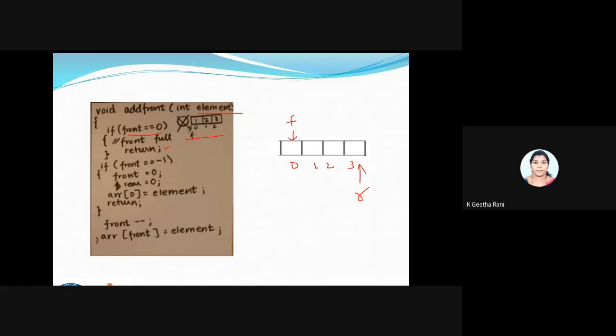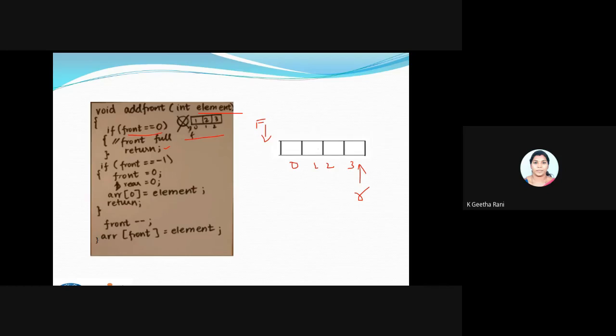Fine, so now I don't have anything here, but my front is -1. Okay, so what is the meaning of this, I'll just erase it. So my front is equal to minus 1, since here I'm having the pointer, it's not pointing to any of these indexes.